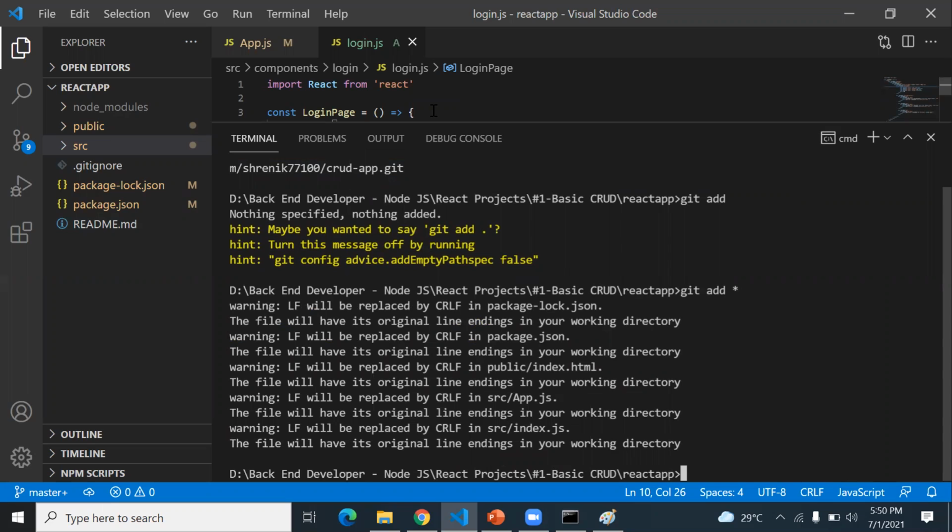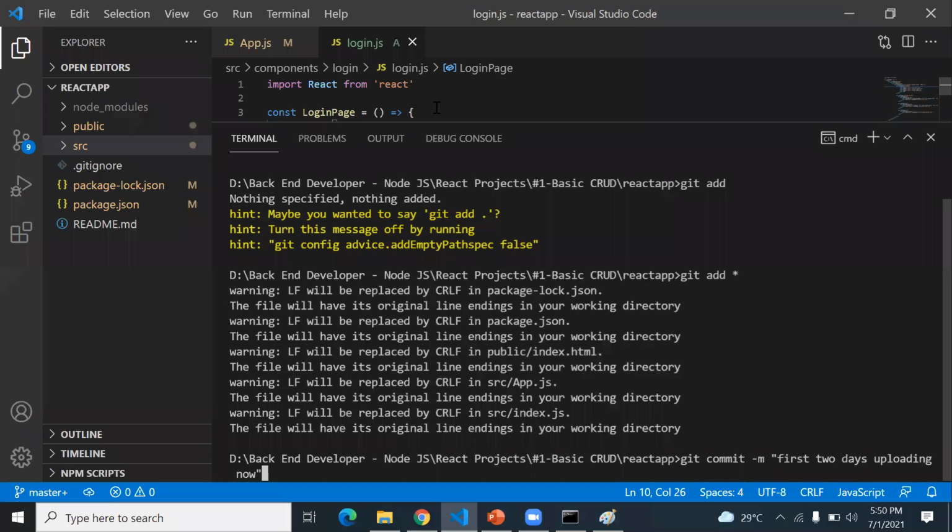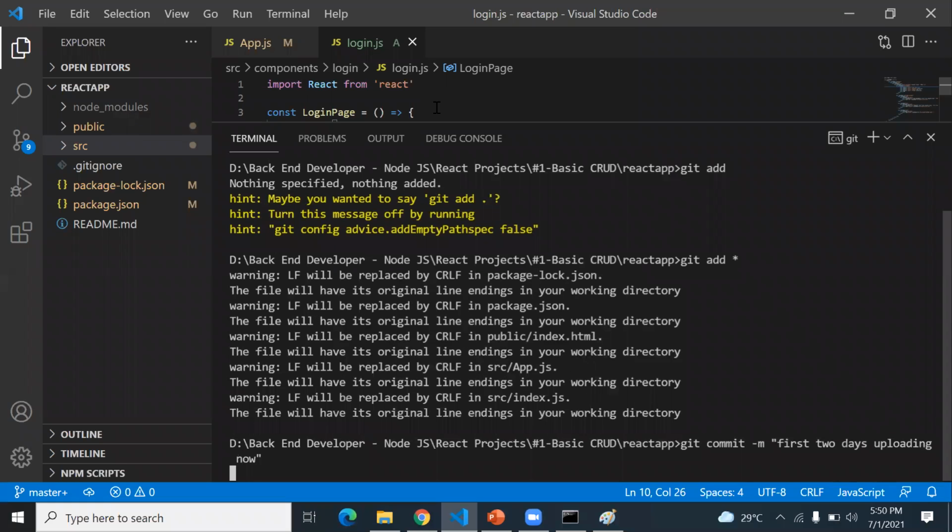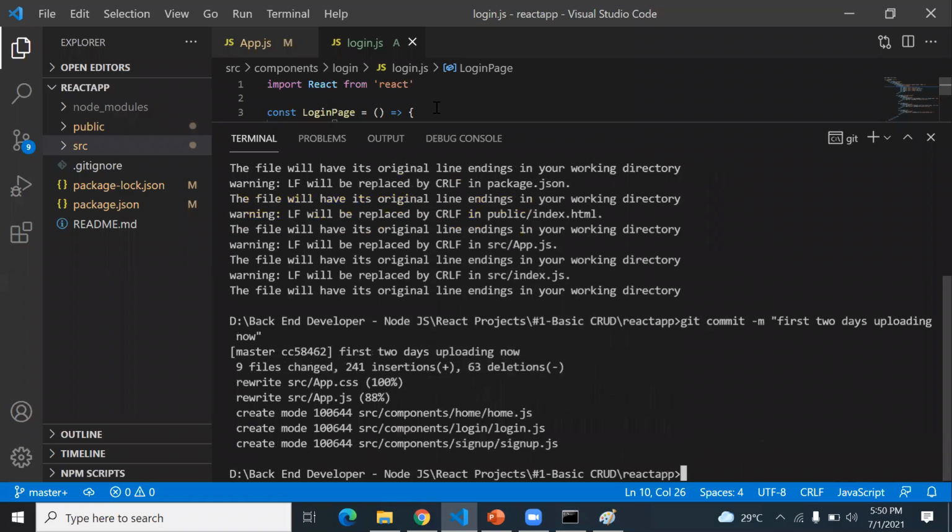Then you write git commit -m, and you type some commit message. The data was completed yesterday for this project, so what I can type as a commit is first 2 days uploading now. This is my message for commit. So now it's ready to upload the data to the repository.